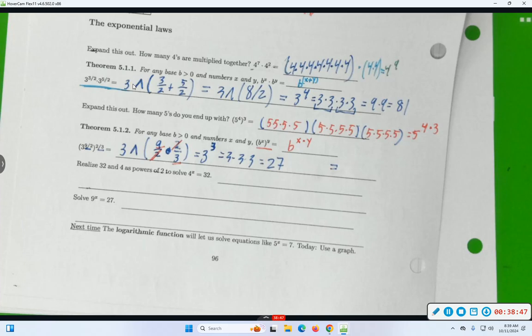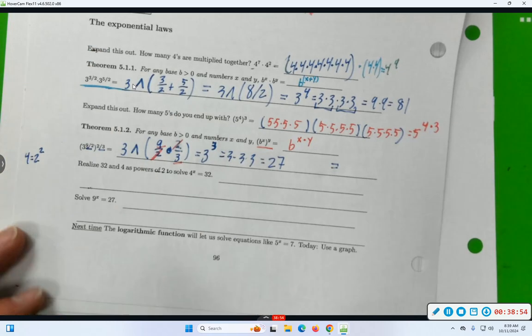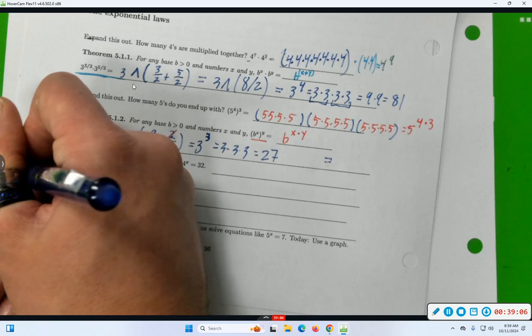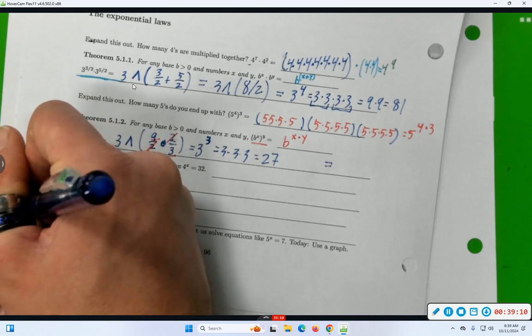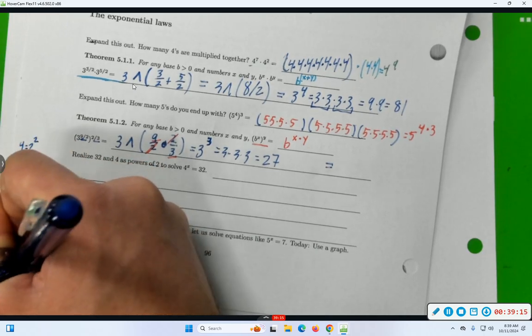2, I think. It's the only thing it could be, right? 4 is 2 squared. And what is 32 as a power of 2? 2 to the 5th. And if you don't know that, then you just have to start listing powers of 2, which isn't that bad. 2 times 2 is 4, times another 2 is 8, times another 2 is 16, times another 2,